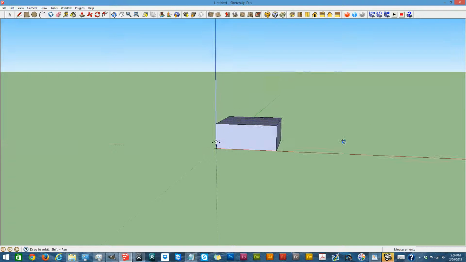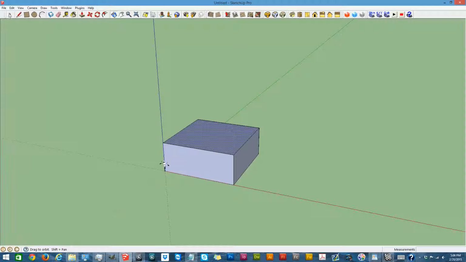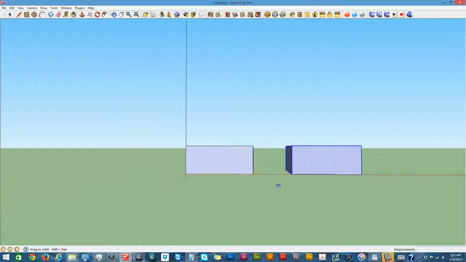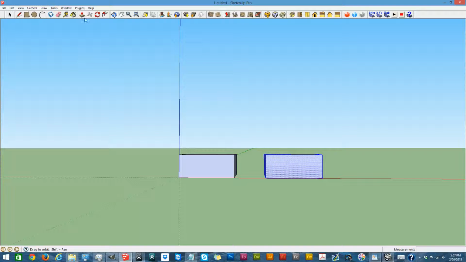Okay, so now that my room is fully textured, I don't really need the avatar. Again, I chose it just for scaling purposes. I'm going to need to copy this entire room and paste it, so Control C, Control V. And if you're skilled enough, you can use the move tool and use control and drag it. Next thing I'm going to want to do is grab a paint bucket,